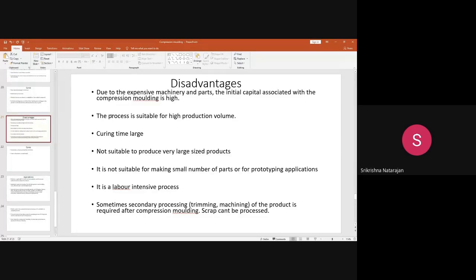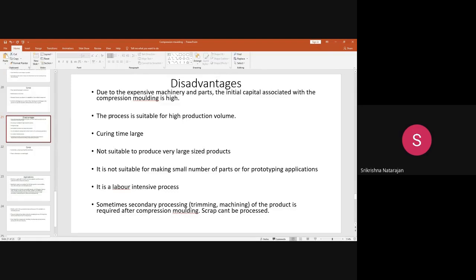It is not as manual; it is programmed, though the heat, pressure and time can be adjusted using this control panel. Programs can be done. But it involves some labor, because once you keep the charge inside and do the compression, and the resin comes out, you cut it into the required size. So it is a labor intensive process.